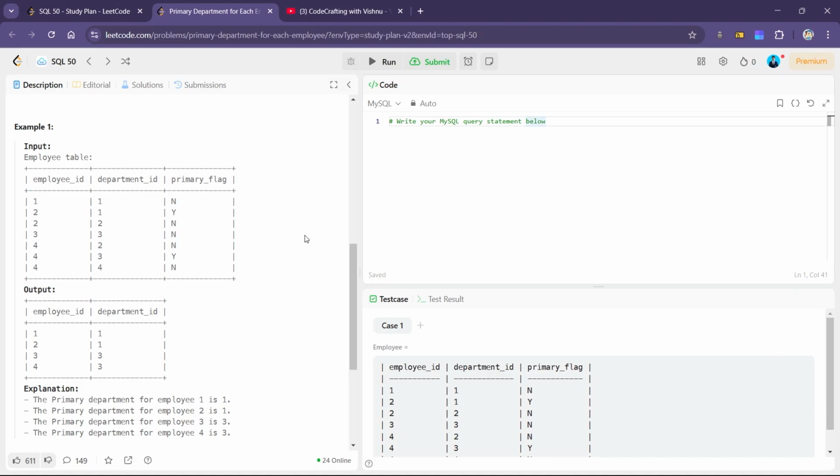Okay, as I already said, you will have to handle this in different ways: for those groups which have only a single entry, and for those groups which have multiple entries. So we can write something like this. First we select all the single entries. So we'll select what? Employee ID and department ID